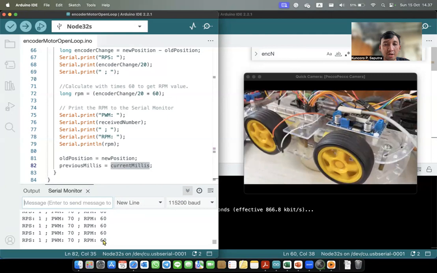So the robocar's speed of rotation is 60 rotations in 1 minute. After that, we increase the PWM value to 80. At 80, the rotation is twice as before, 120 RPM, and then at 90, the RPM value is still 120.